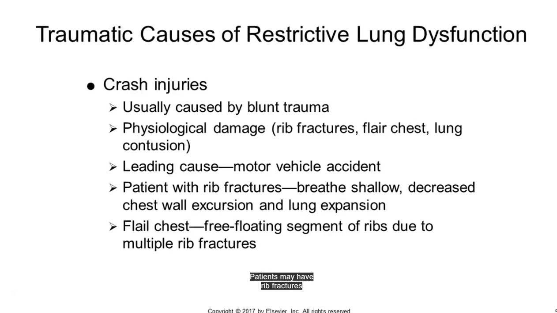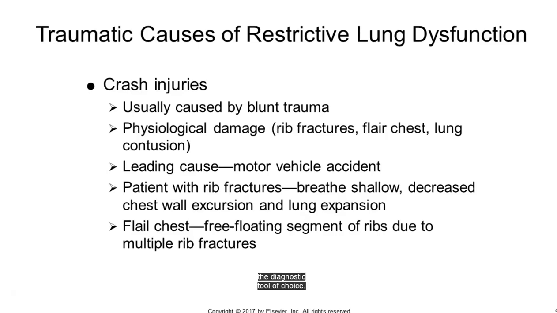Patients may have rib fractures resulting in shallow breathing due to decreased chest wall excursion and lung expansion, or flail chest in which two or more ribs in a row are fractured. Flail chest patients will exhibit paradoxical movement during the respiratory cycle, contributing to decreased lung volumes and VQ mismatching. Chest x-rays are the